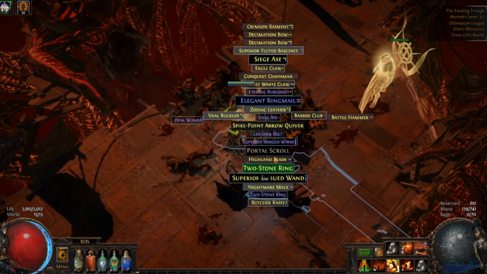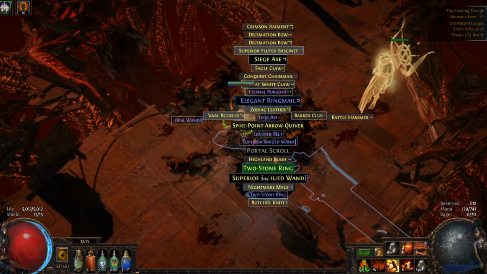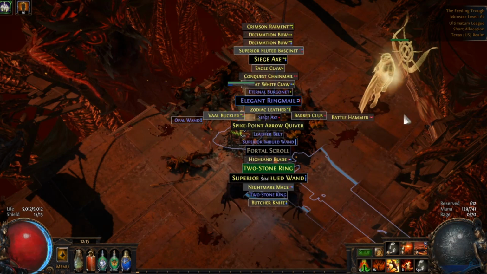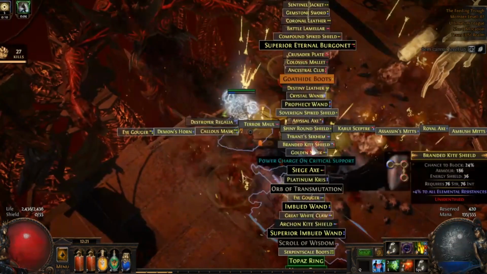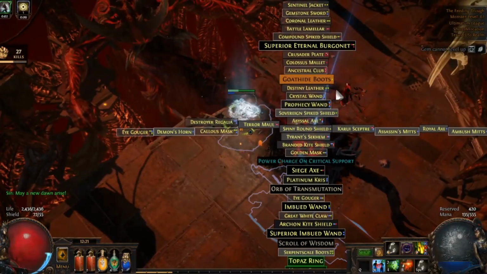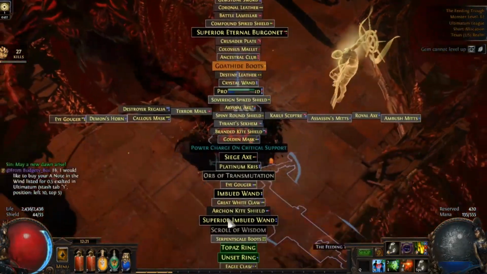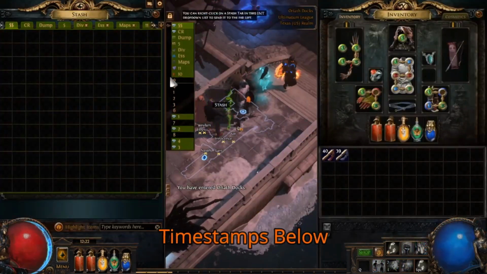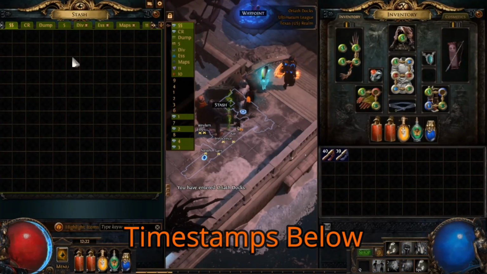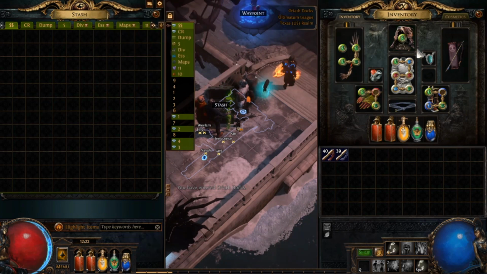This is how much loot you get from Kitava Act 10 without any item rarity or quantity, as you can see here. And this is what loot looks like with item rarity and quantity. In this video, I'm going to go over Kitava farming with this very cheap